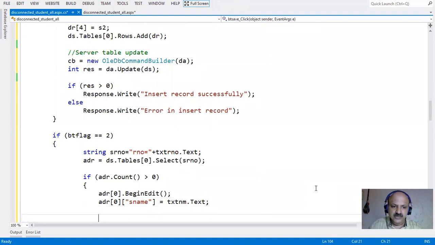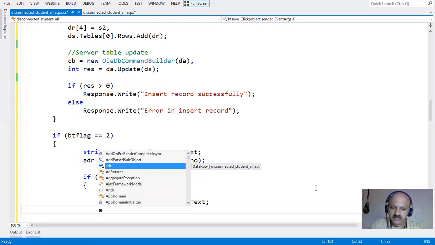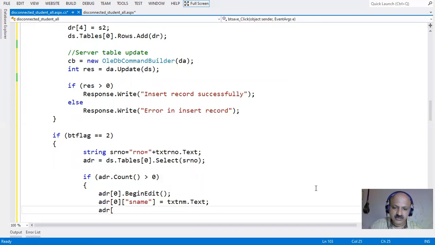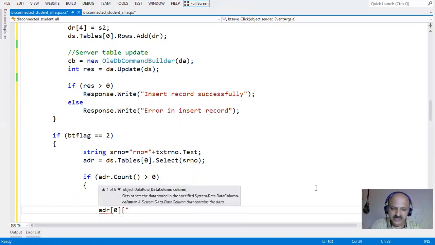Yes, so here the same radio button value is already in our S1. So here row 0, and then gender.